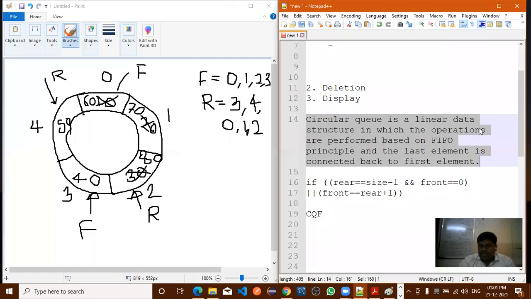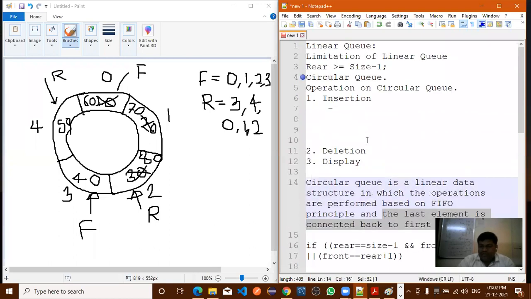The circular queue is a linear data structure in which the operations are performed based on the first in, first out principle, and the last element is connected back to the first element. This sentence is very important in the circular queue definition. The last element is connected back to the first element, right? How it is connected, we will see at the time of implementation. Now insertion.